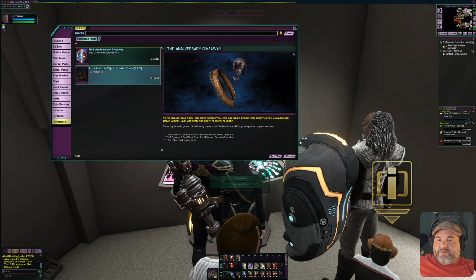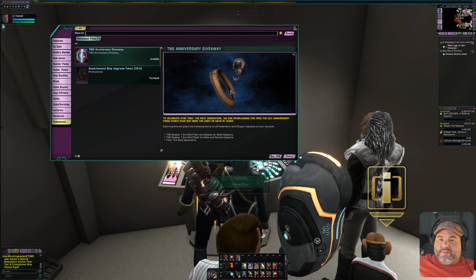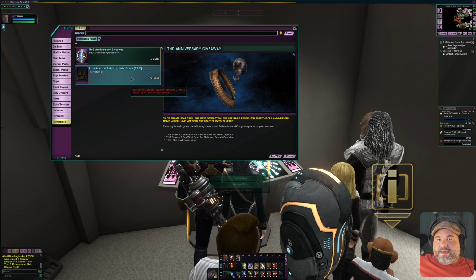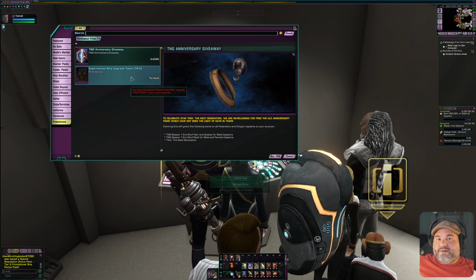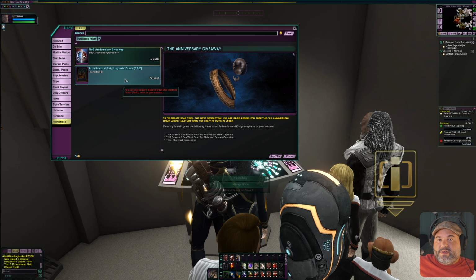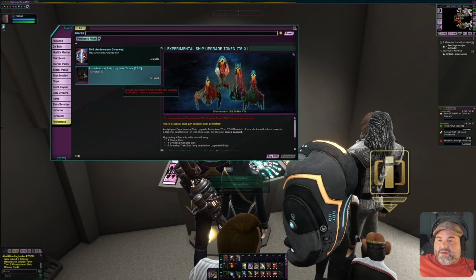Under promotions, we only have 2 things. This is the TNG anniversary giveaway. Joe's talked about this too as the one thing unlocked, but I think he was able to get a code for the Tholian sword, and that was completely free, and he was able to get that for his character. I have not gotten that, but